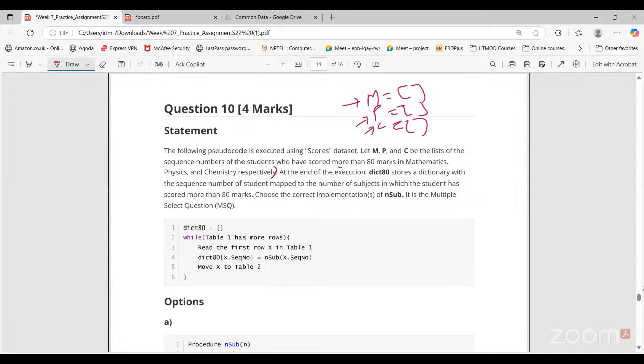Okay. At the end of execution, this dictionary A80 stores a dictionary with the sequence number of a student mapped to the number of subjects in which the student has scored more than 80 marks. So what is this dictionary A80 storing? Yes, anyone tell me? Read the statement carefully. Dictionary with the sequence number of the student mapped to the number of subjects in which the student has scored more than 80 marks. So let's say, for example, we have sequence number 5, and that particular student has scored